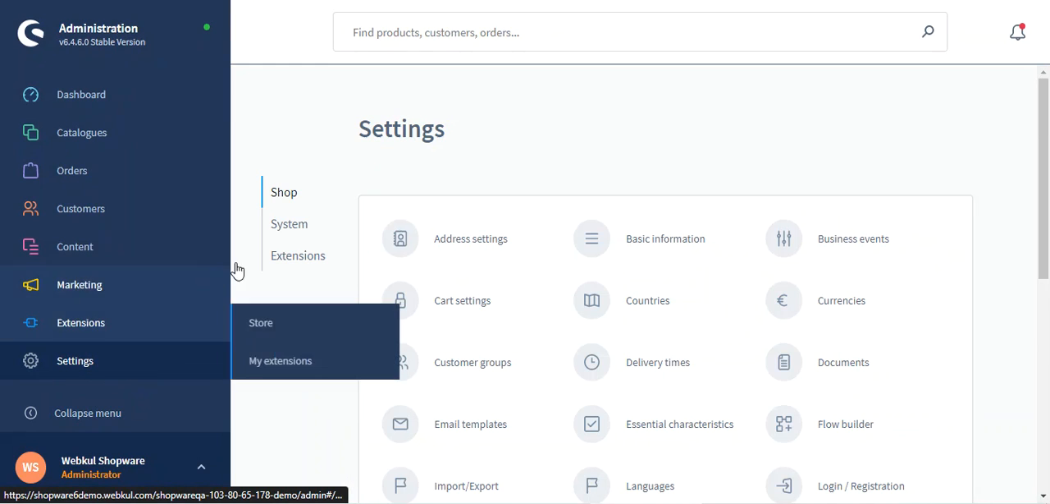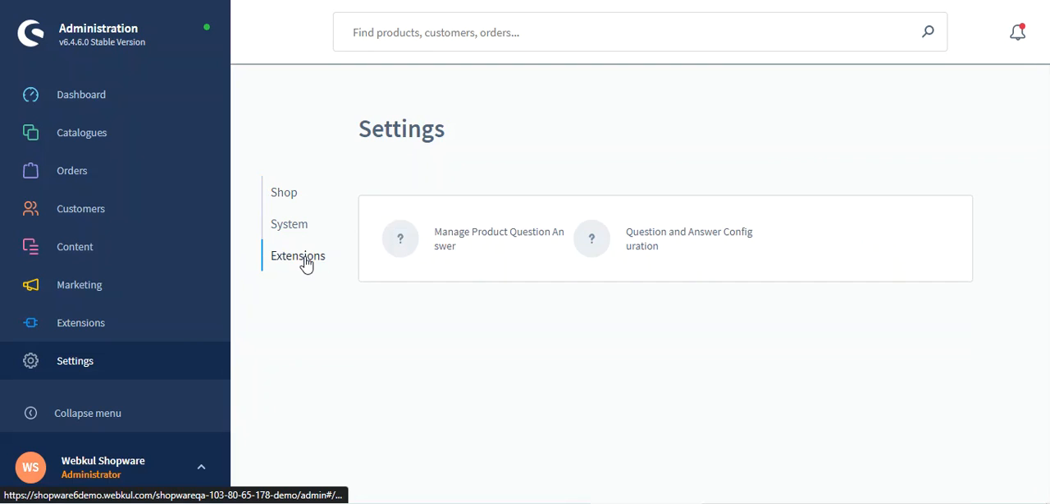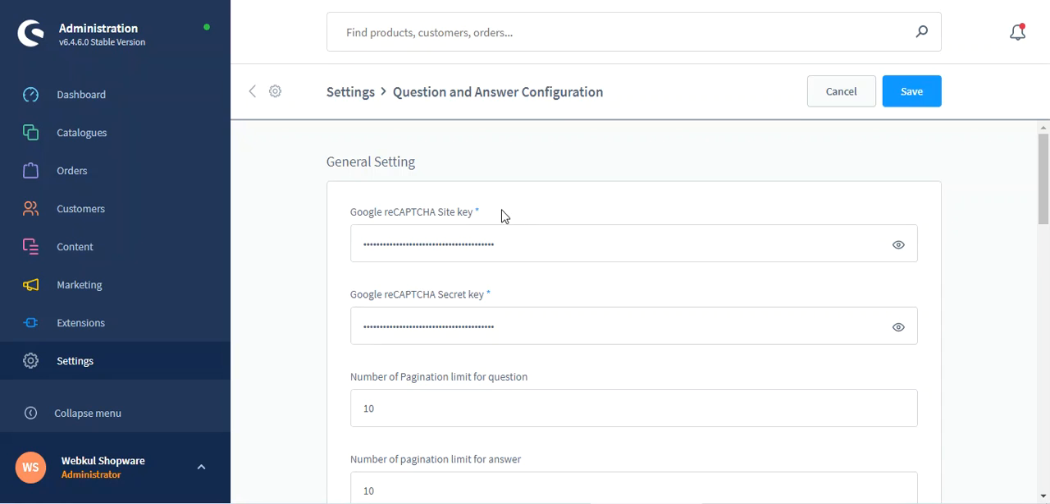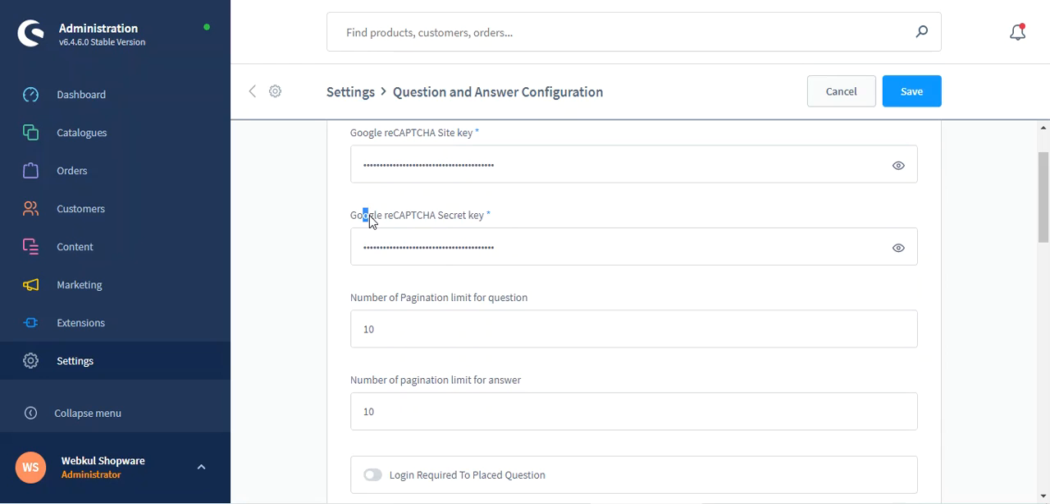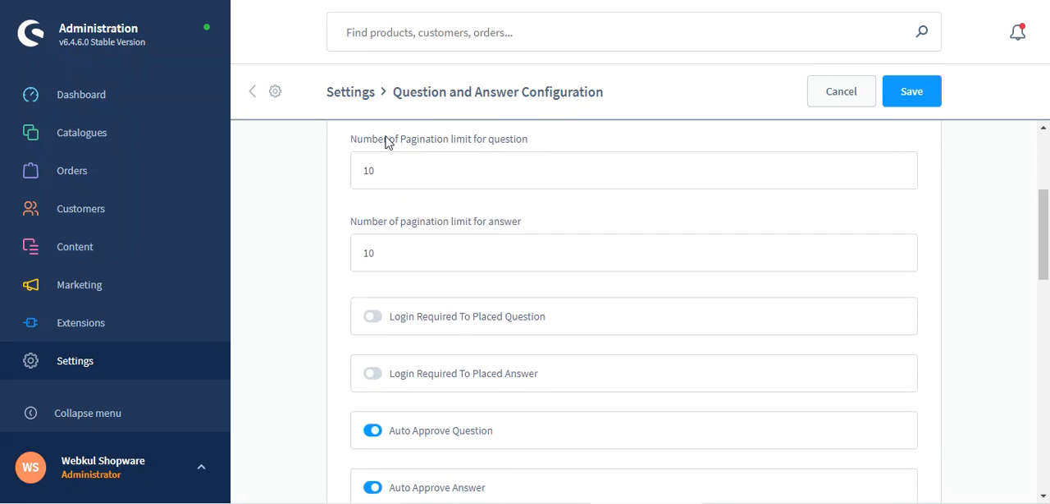So here we have to go to settings and then extensions, and here we'll find the manage product question answers as we went through, and then we have the question and answer configuration settings. So let's go to the configuration settings. Here we can set up the Google reCAPTCHA site key, Google reCAPTCHA secret key,